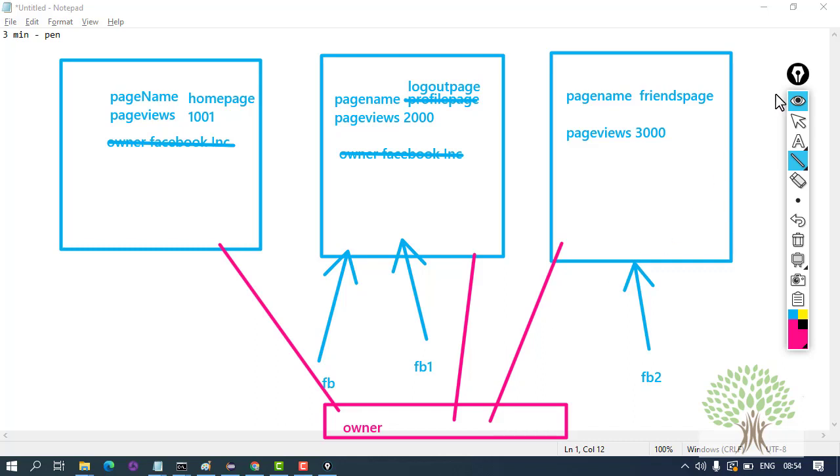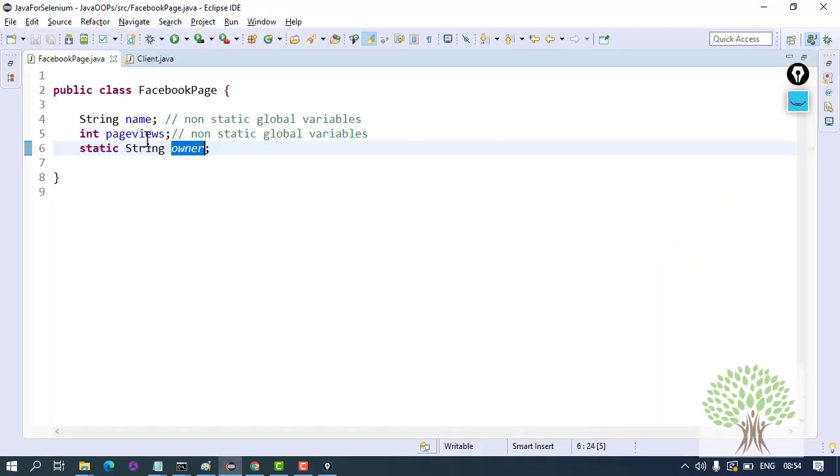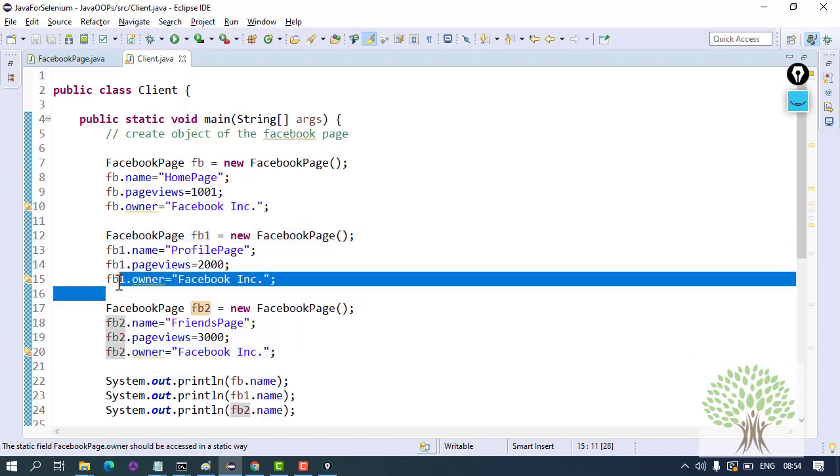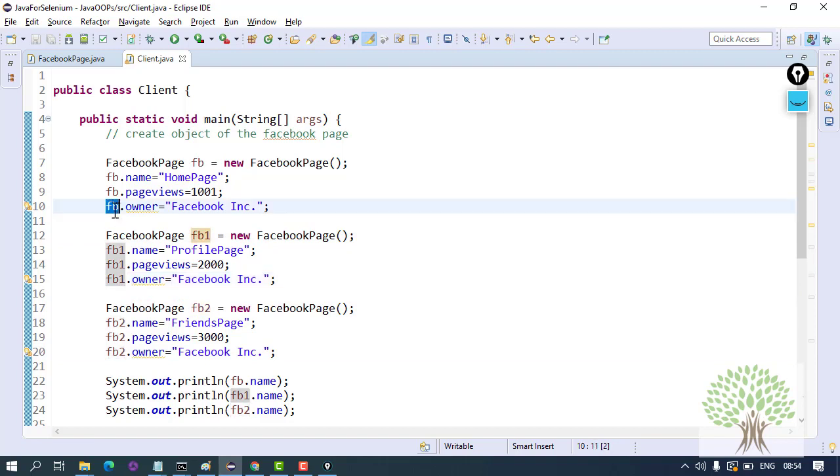Okay, right, but this will not be a part of the object. So since this is not a part of the object, if you open client.java, you will get a yellow warning sign over here that please don't access it with the object reference. This is not a part of the object. This is a static variable.